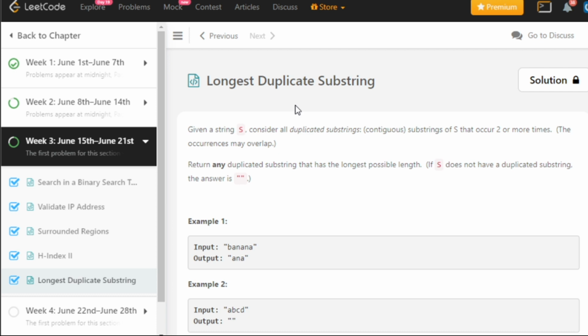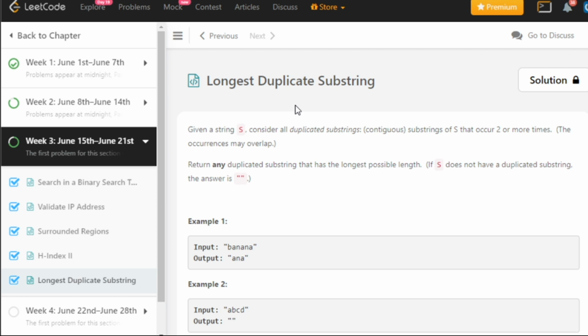We know that if we have a substring of size 5 that occurs twice, then obviously we will have a substring of size 4 that occurs twice, because it will be part of the substring of size 5.